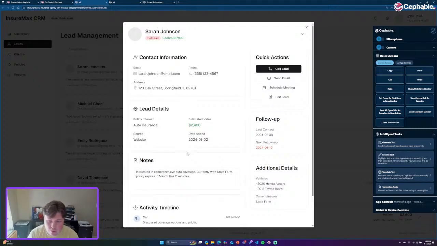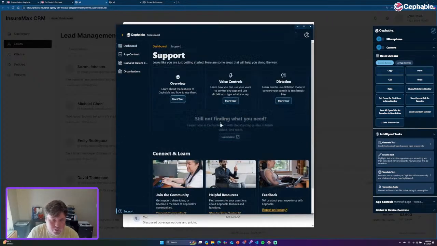We have our preview of transcribe audio, which you can enable in your account settings to try it out and then use those transcribed files to generate, rewrite, and translate tasks. We have our new onboarding, which makes it easier to get started and learn about all the places that you need to be focused on when using Cephable. And then we have those feature cards where you can go through and check out the flows at any point